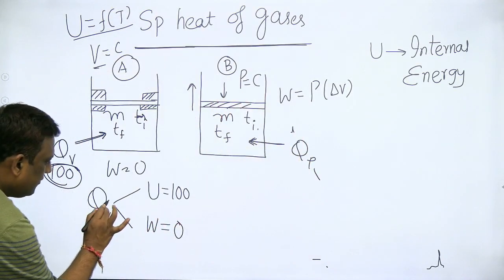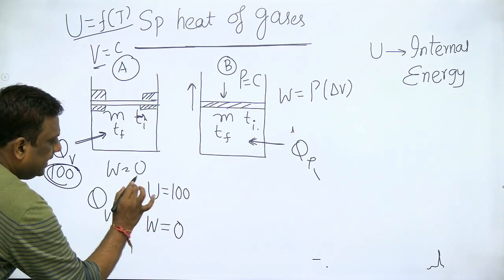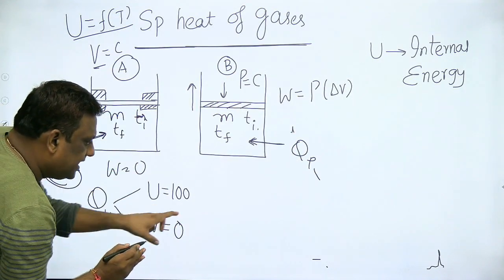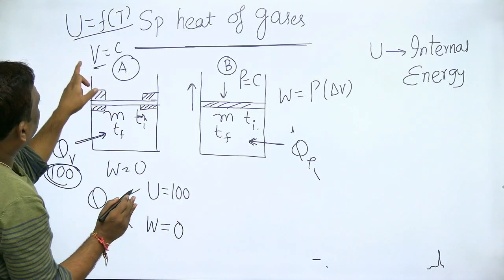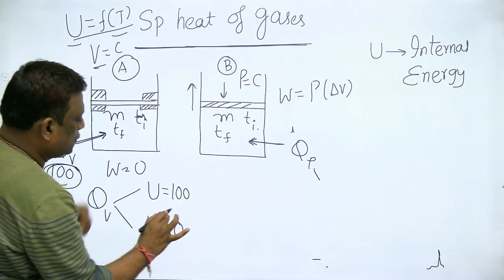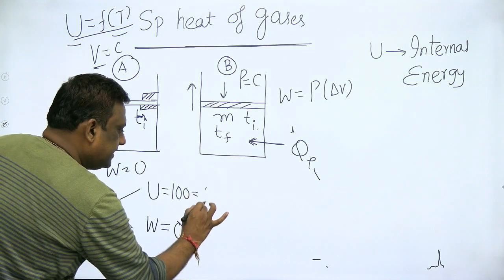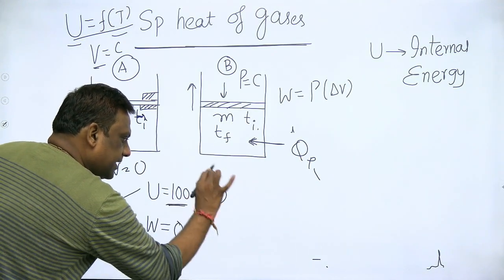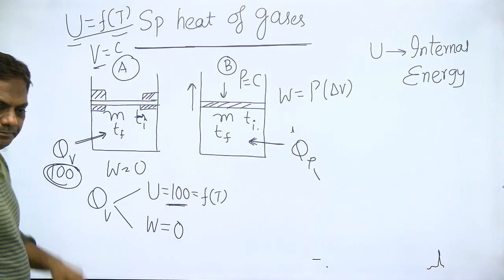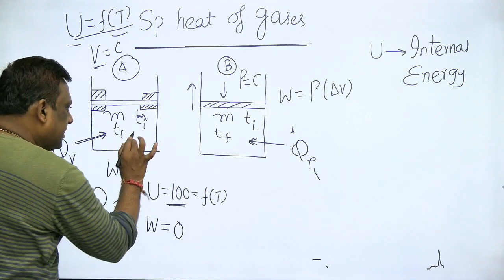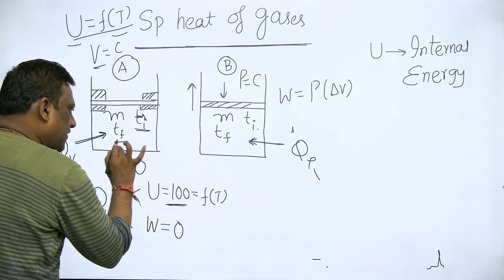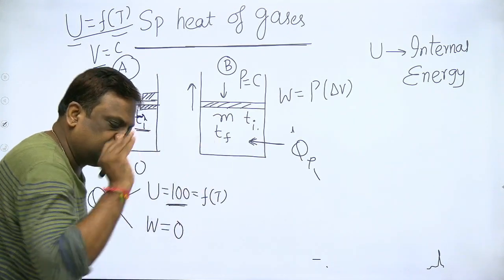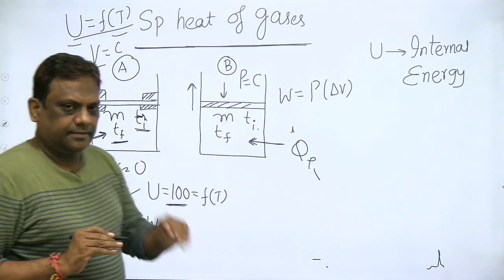So as we are supplying heat, the internal energy, मतलब जो भी heat supply कर रहा है, it is stored. So internal energy is increasing. So as internal energy is increasing, the temperature is also increasing, because internal energy is a function of temperature. जब internal energy बढ़ रहा है, तो temperature भी बढ़ रहा है. Very good. So इसीलिए initial temperature is Ti and the final temperature is Tf, and the final temperature is increasing because we are supplying heat. Now come here.